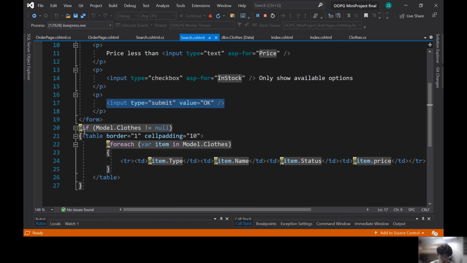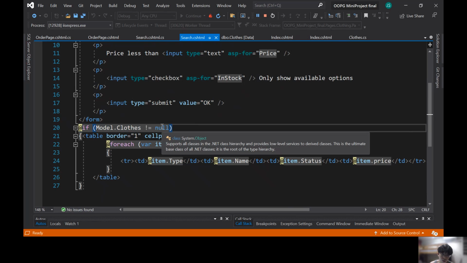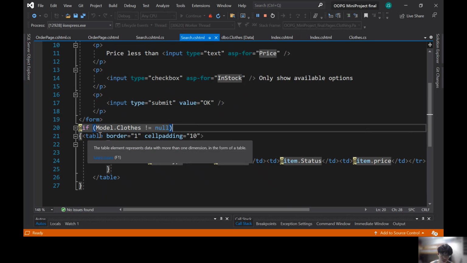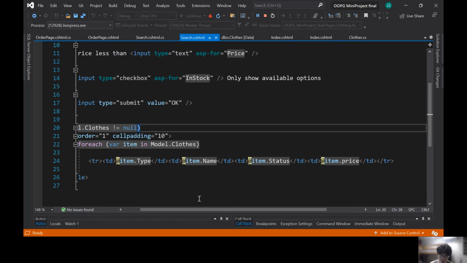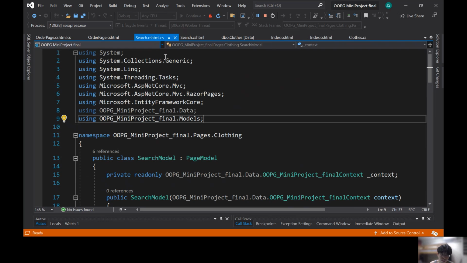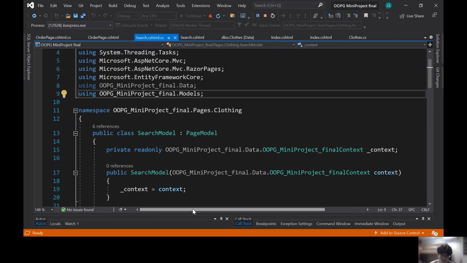So this means if the database is not empty, then it shows the table. If it's not empty, it will display a table, and for each item in the database, it scrolls down the database and prints out these 4 columns over here, which will state the type, name, status, and price. So for my C# code,